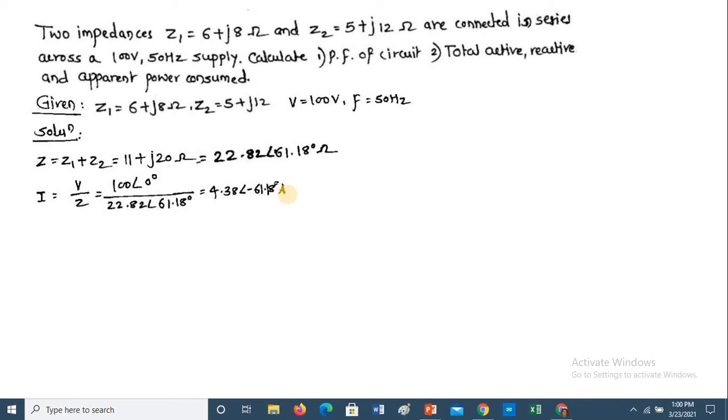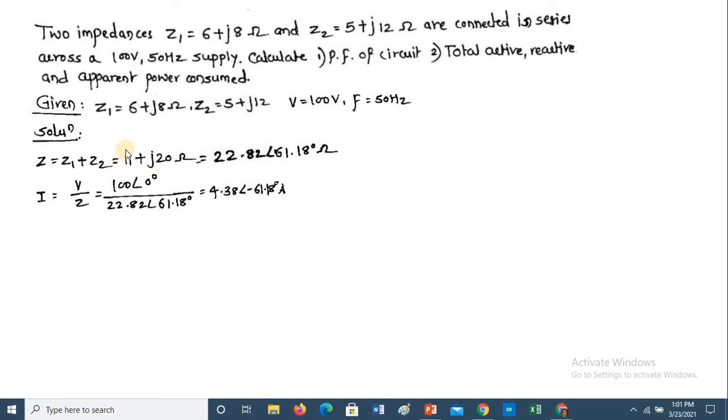Now how will you check whether the answer you have calculated is correct or wrong? You got the angle of I negative. It means you are correct. Why? Because this is an RL series circuit. How will you know that it is an RL series circuit? Because in an RL series circuit, the XL term in the impedance triangle is always positive. So Z1 is one RL series circuit and Z2 is also one RL series circuit, and one RL series circuit plus another RL circuit gives a total equivalent RL series circuit only.